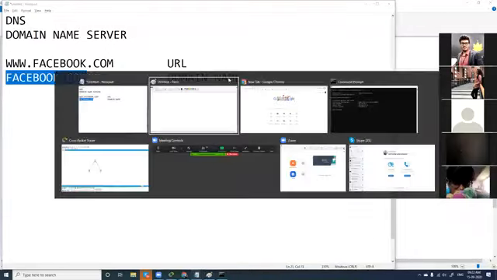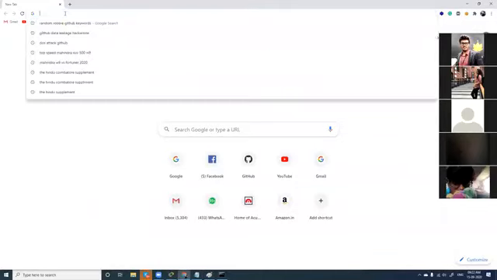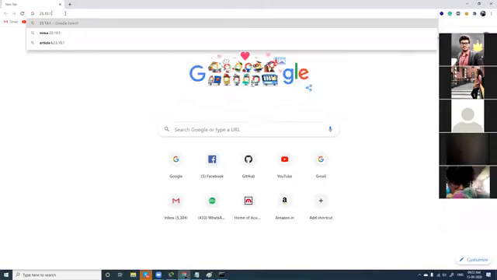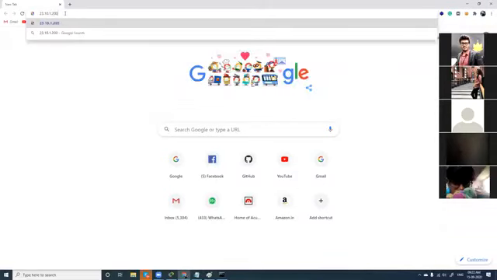Right? A proper way of accessing websites is this. When you want to access websites, you have to go to the browser tab and type 23.10.1.2 or 200. You need to type the IP address of the website, and then you can access it. This is the usual way of accessing websites. But are we accessing like this? Whenever you want to access a website, do you give the IP address of the website? The answer is no. We don't do that.